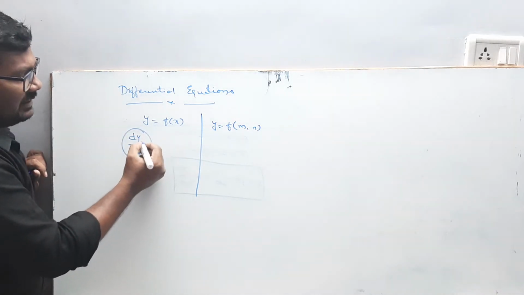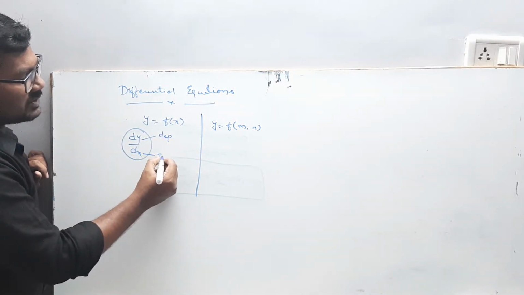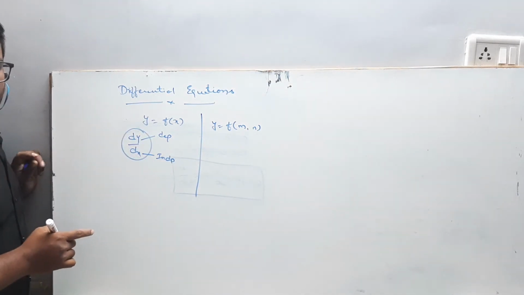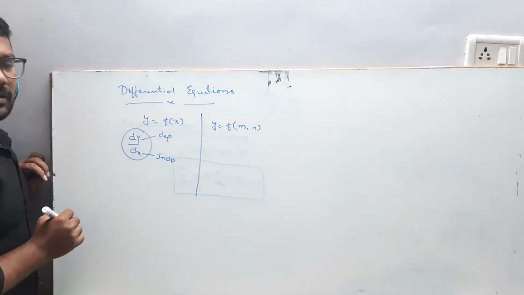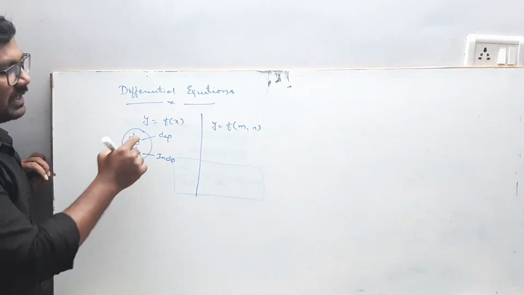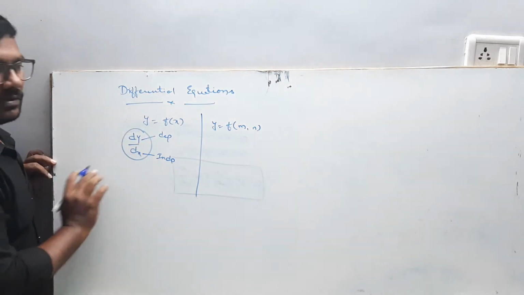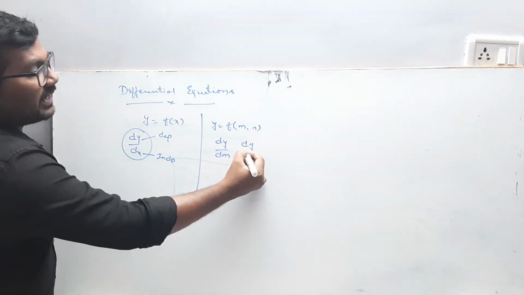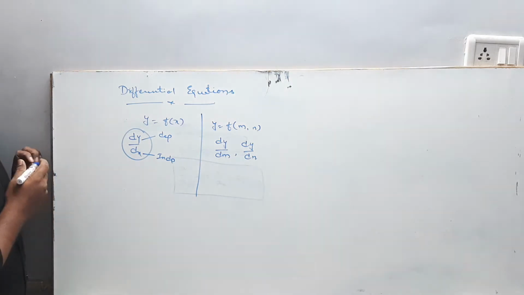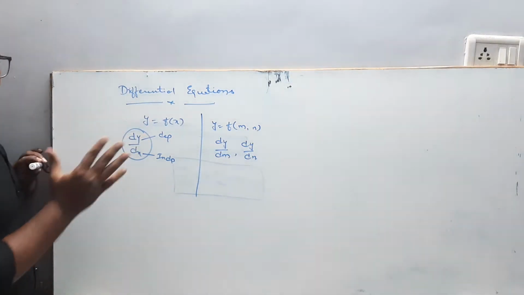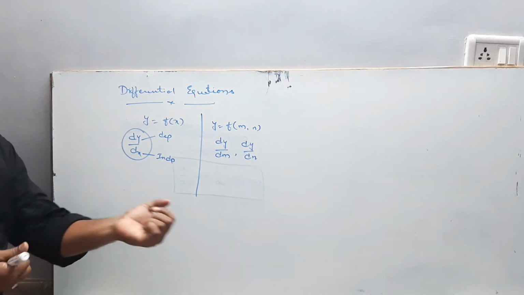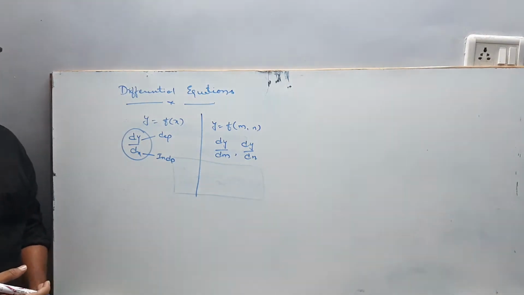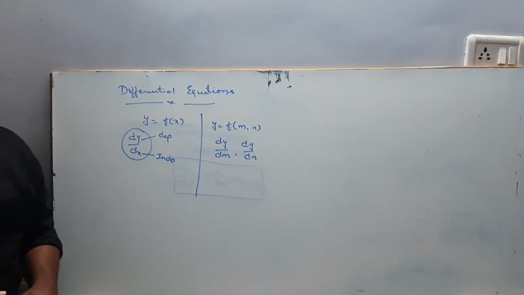Because in this, y is called the dependent variable, x is called the independent variable. The dependent variable is always one. No need to talk about that. But when we are talking about the independent variable, if the independent variable is one, then this derivative is called an ordinary derivative. But here, I can calculate dy by dm and I can calculate dy by dn. So here, as I said, the dependent variable is only one. But when we are talking about the independent variable, we have two independent variables there. One is m, another one is n. Such type of derivatives are called partial derivatives.